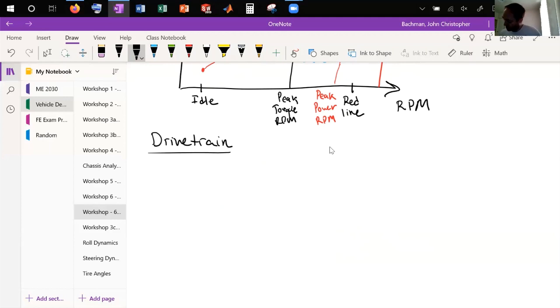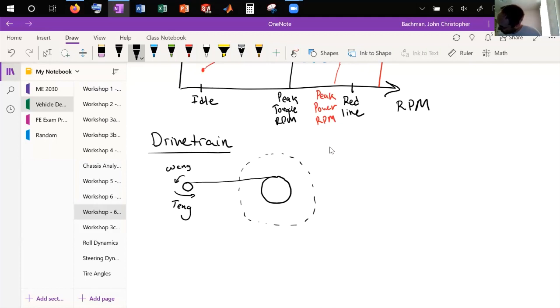Okay, so a simplified model is we'll have some kind of output sprocket or shaft or pulley of some sort. And this will give us the rotational rate of the engine times the torque of the engine. And then this will be geared to the wheels. Your wheel will be out here, and let's just draw a belt. We'll call this R2, this omega 2, and this the torque on 2. And all this will help us generate a force on the tire,